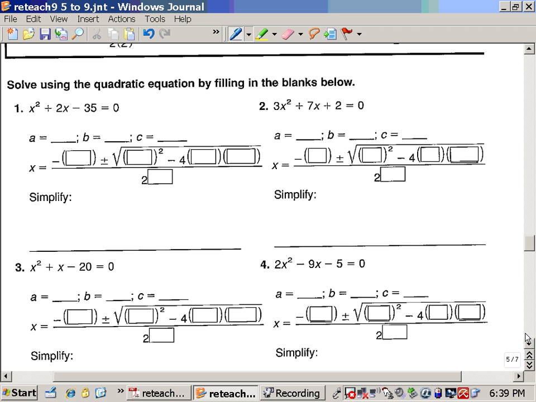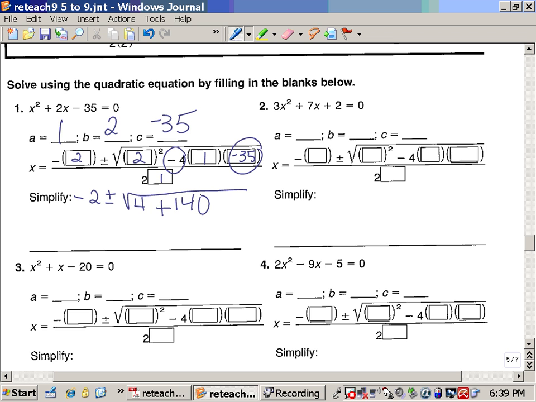It says to fill in the blanks. So A is 1, B is 2, and C is negative 35. X equals negative B plus or minus the square root of B squared minus 4 times A times C all over 2 times A. The next thing I told you to do is to take my negative 2 plus or minus the square root of, this is going to give me 4 minus negative 4 times negative 35 is going to be positive 140